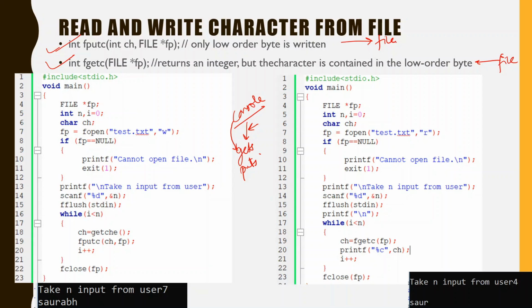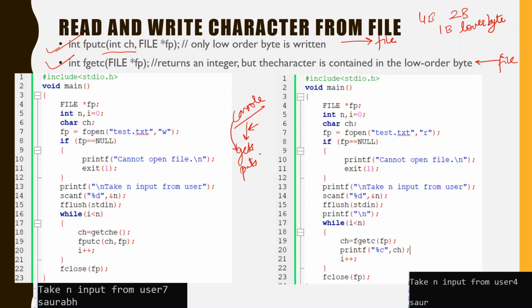You can notice here that fputc puts a character, but it is written as an integer. Since an integer has 4 bytes of space, or in some compilers 2 bytes, for a character only 1 byte, the lower byte of the data of this particular integer ch, is written to the file. You need not get confused with this notation. It is only for the purpose of matching the format, but otherwise it would work similarly to a character.